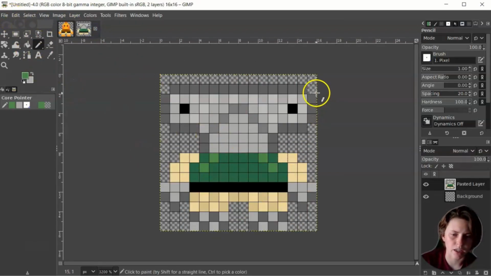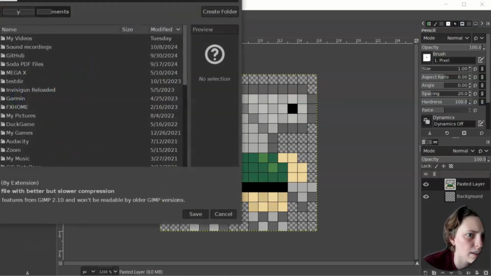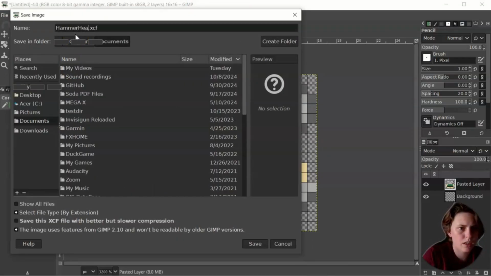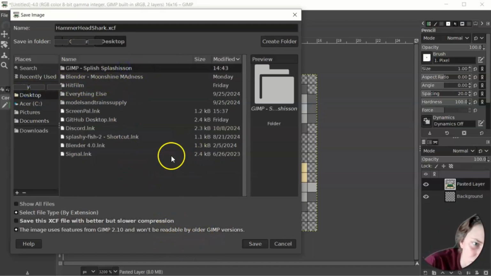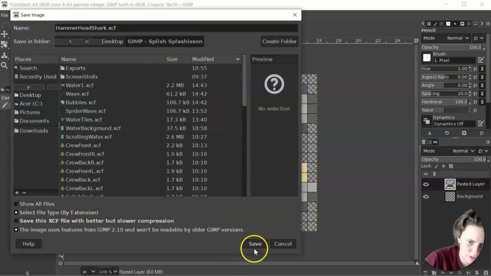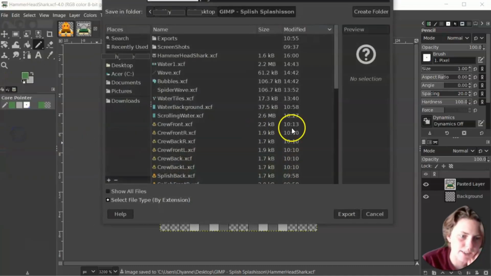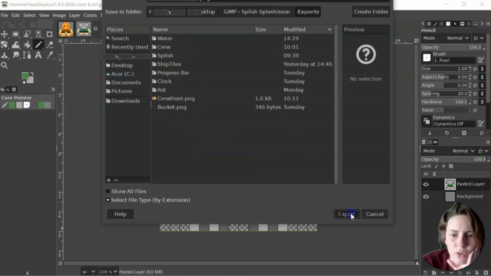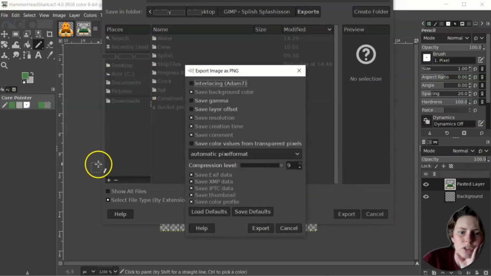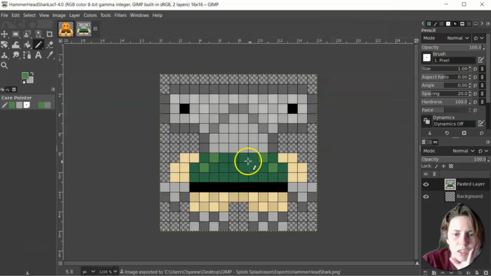Now I'm going to just export it. So we'll do File, Save this guy as hammerhead shark. And I just have a file. I can save it, and then File, Export. This part is pretty important. I just have an export folder, and when you export it, this helps to keep the transparency, compression level 9, that's the best. So we'll export it, and